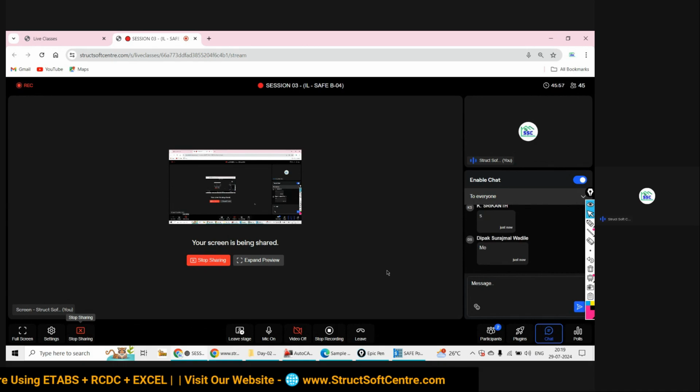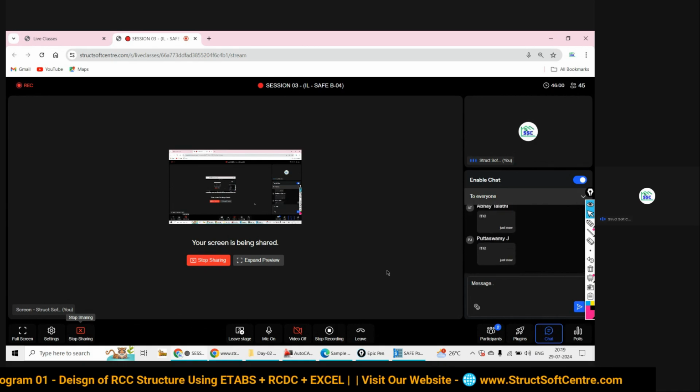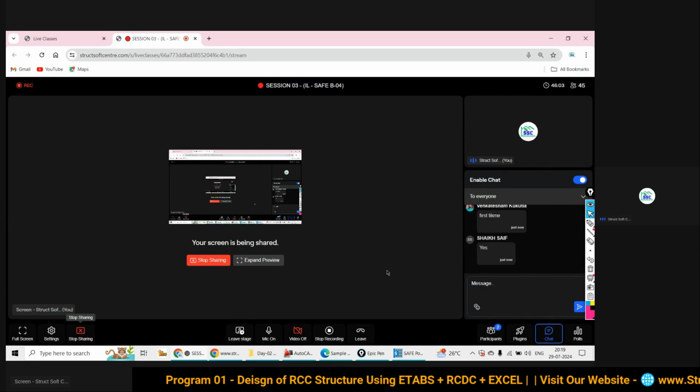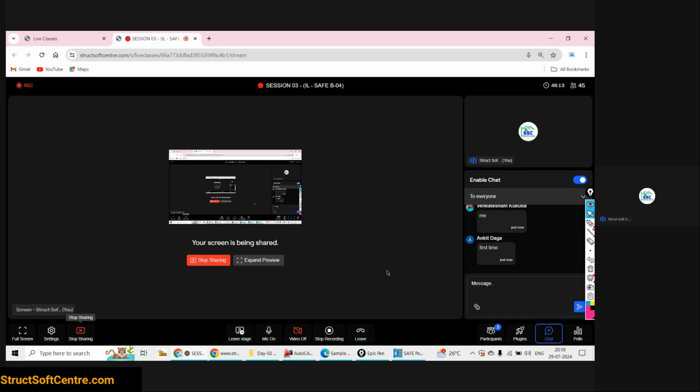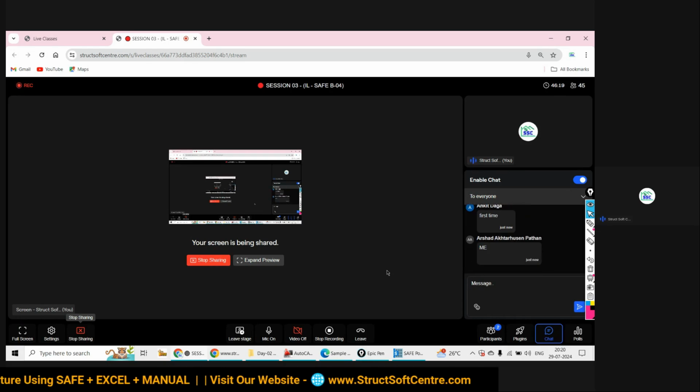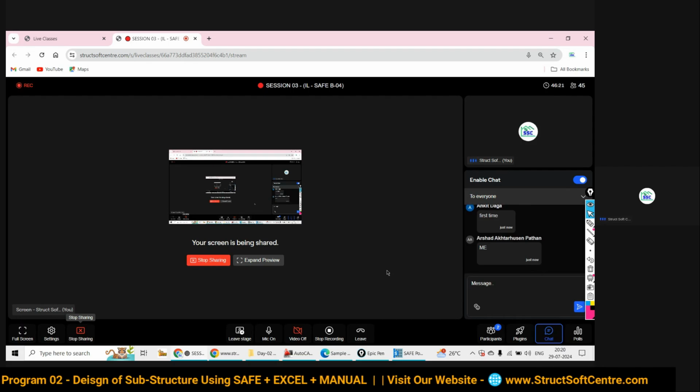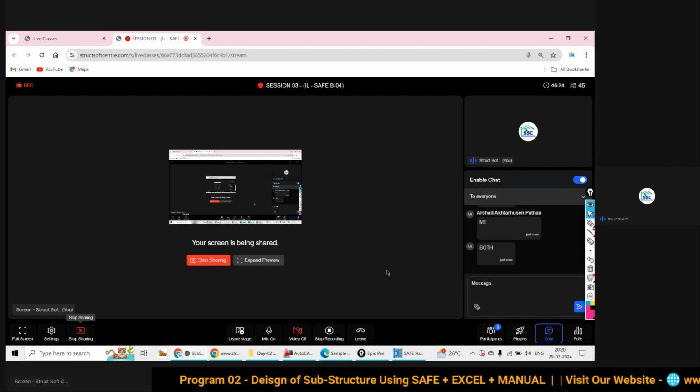How many of you are going to look at this CSI SAFE software for the first time? Can you tell me? Shrikant, Deepak, Binu, Suresh, Sheikh Saif, Satyam, Rahul. Those who do not know both ETABS and SAFE, just write to me that you don't know both.